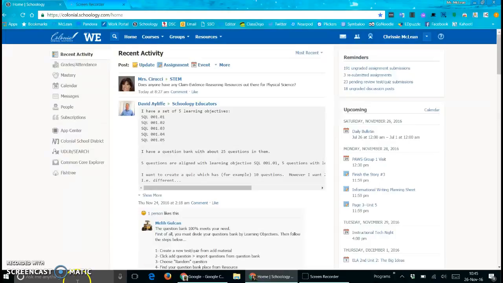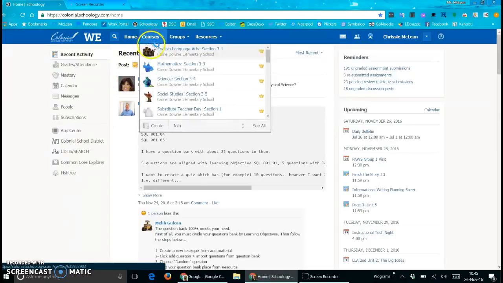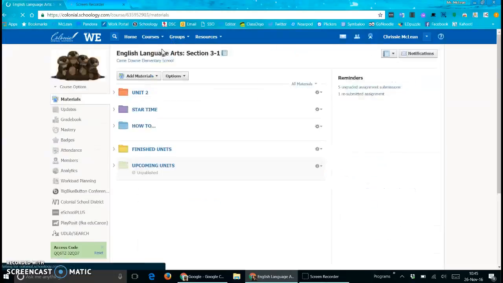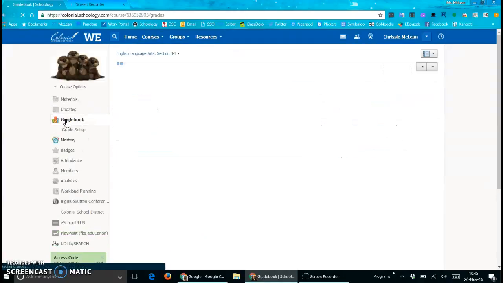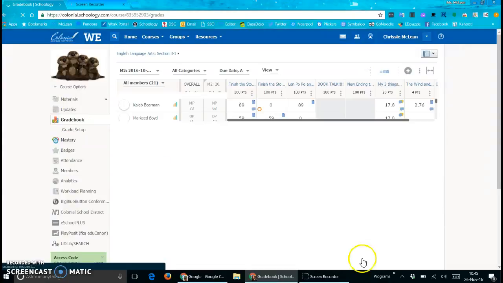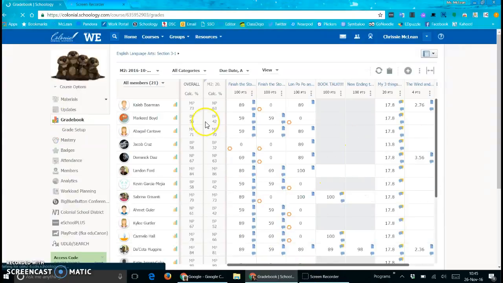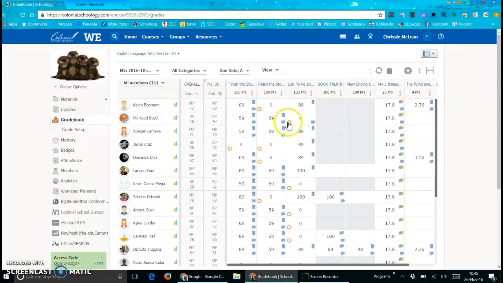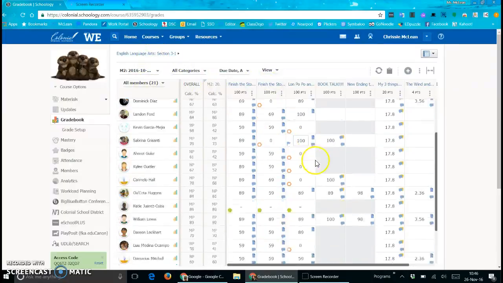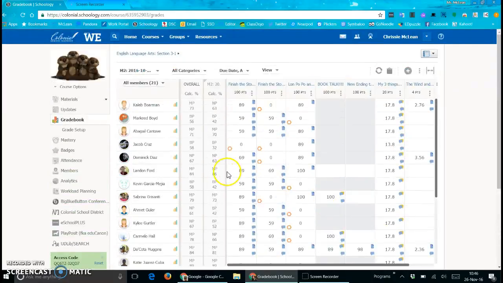So to help out, let's go to one of my first courses, so ELA, and I'm sure you're all familiar that a gradebook is just pretty simple, standard. The gradebook looks like this if you're adding in assignments, grading them, if you're listing them whether or not they are excused, incomplete, or missing. So it does a good job of streamlining all of that, but really the powerful part of this whole thing